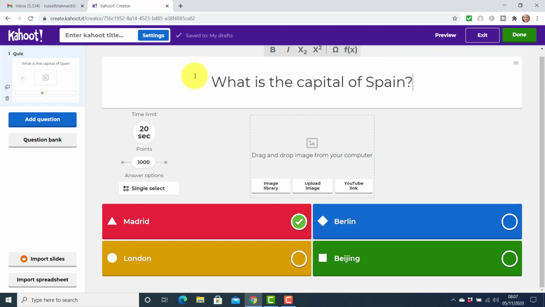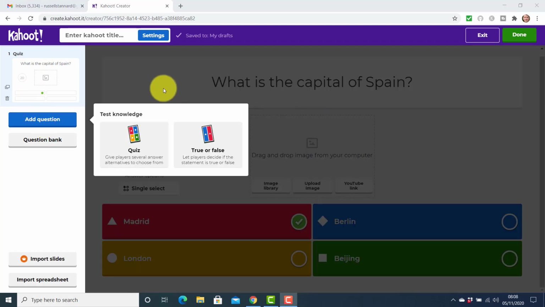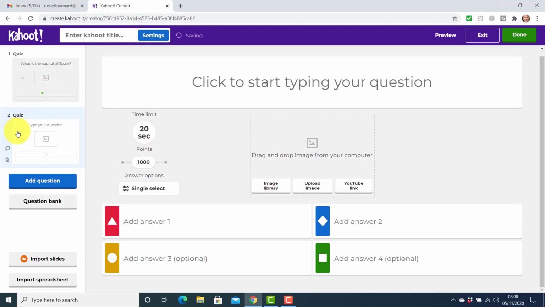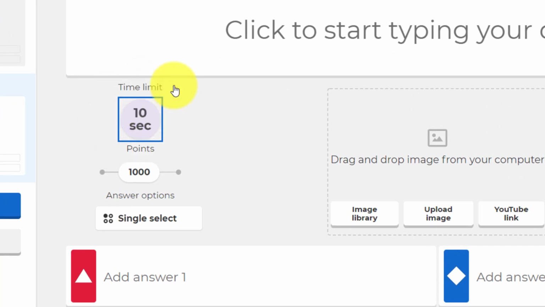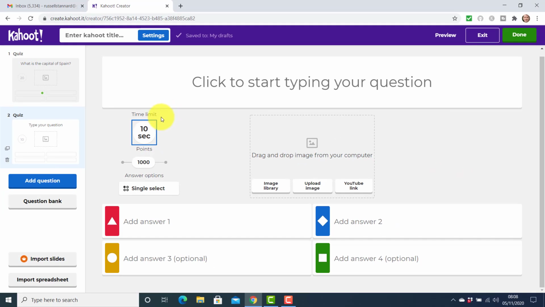Okay, now I'm going to add a second question, so I click here. So I'm going to carry on with the format of using a quiz. So my second question now, first question's done. And what I'm going to do for this second question is I'm going to make it a little bit faster. So I'm not going to give students 30 seconds. I'm only going to give them 10 seconds to answer the question. And this is something I actually do, normally not so quickly, but after say 3 or 4 questions, I start to make the activities slightly quicker.